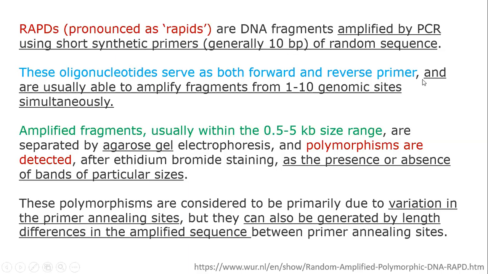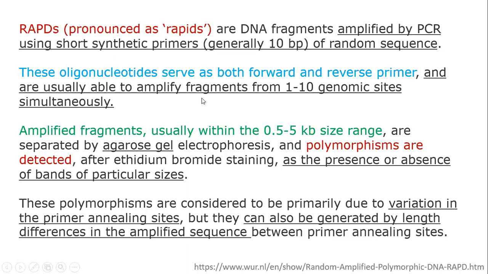So a typical 10 base pair random sequence primer will allow you to analyze the different DNA fragments amplified by PCR. These oligonucleotide primers are the same for both forward and reverse, except for the directionality. You make a primer 5' to 3' forward. In a reverse primer, you reverse it. You make that in the opposite direction, so you are synthesizing two different primers in terms of direction, but the composition is the same. Given that, both forward and reverse primers can go and bind